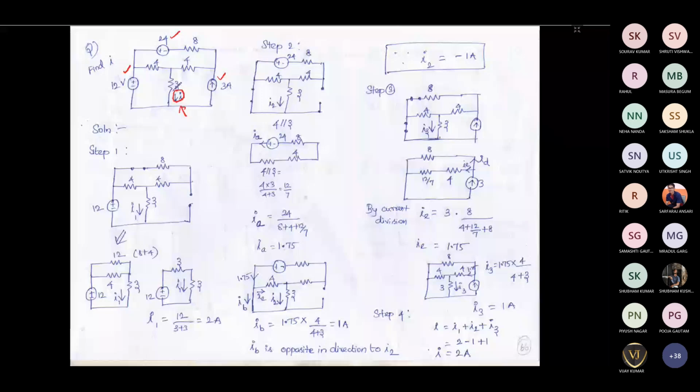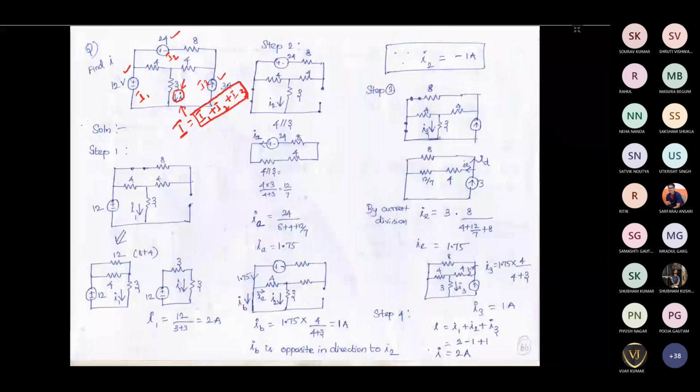So suppose total current is flowing. If the current given by this 12 volt source is I1, the current given by this 24 volt source is I2, and the current given by this 3 ampere source is I3, then if you add the individual contributions of the sources to this current, it will be the overall current. This I1, I2, I3 are the contributions through this 3 ohm resistor by the sources. So we will find the individual currents provided by the individual sources, then add them together to find the total current flowing in that particular element.